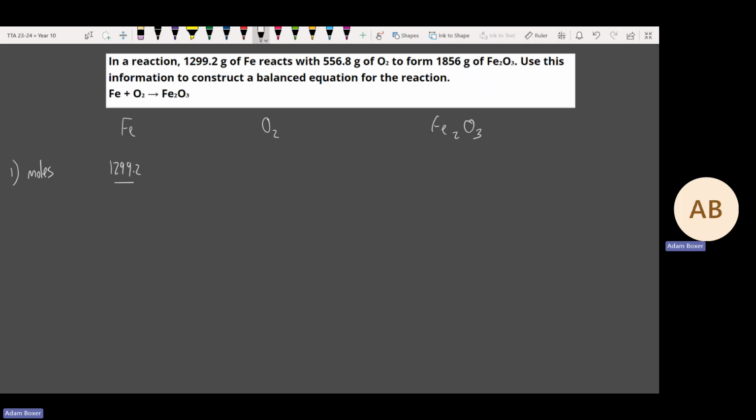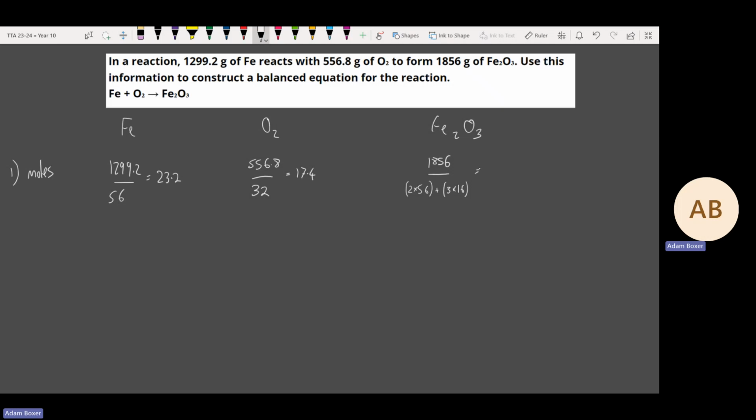1299.2 moles is mass over MR of iron, which is 56. And that gives me 1299.2 divided by 56. That gives me 23.2. For O2, I'm going to get 556.8 divided by 32, which will give me 17.4. And for Fe2O3, I'm going to do 1856 divided by 2 times 56 plus 3 times